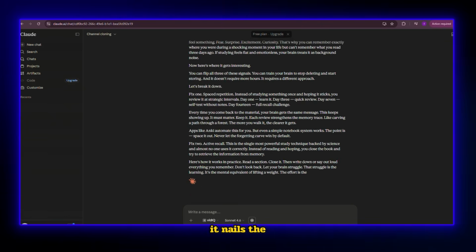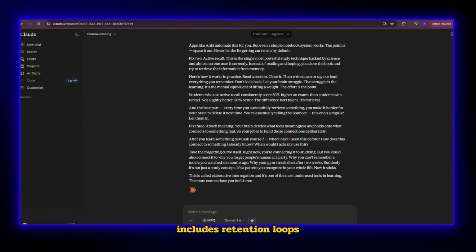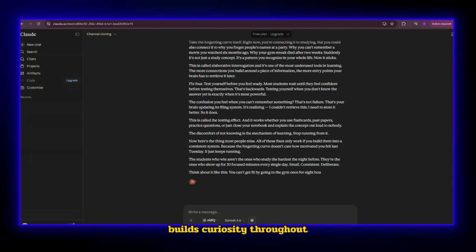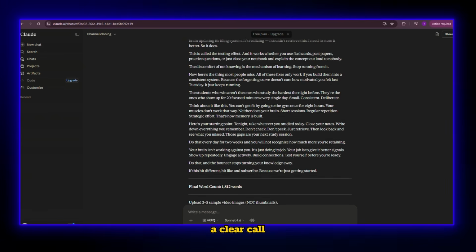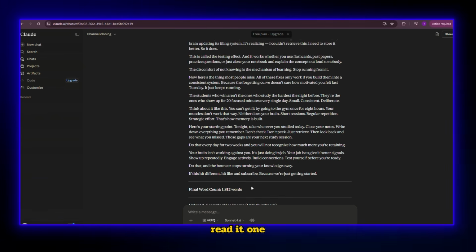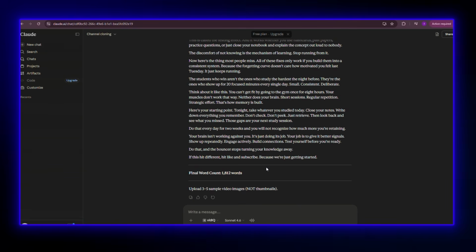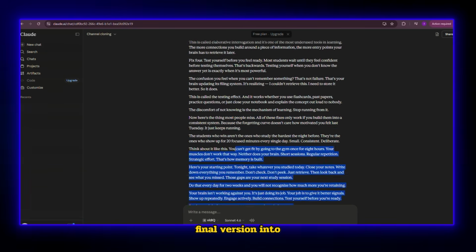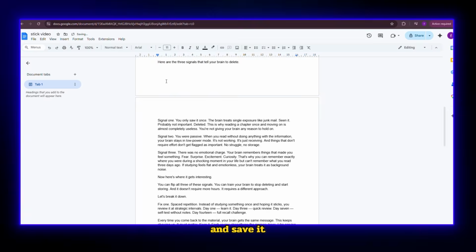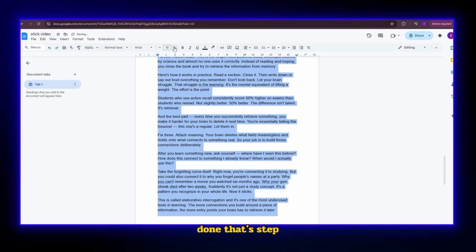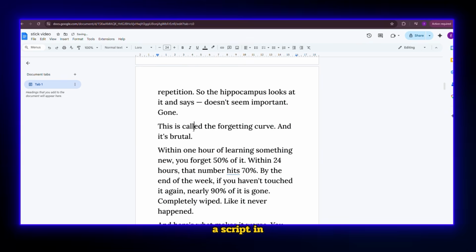channel you modeled. It nails the hook, includes retention loops every 30 seconds, builds curiosity throughout, and ends with a clear call to action. Read it one more time. Make tiny edits if you want to add your own voice. Then copy the final version into a fresh Google Doc and save it. That is it. Your script is done. That's step 2. A script in a Google Doc